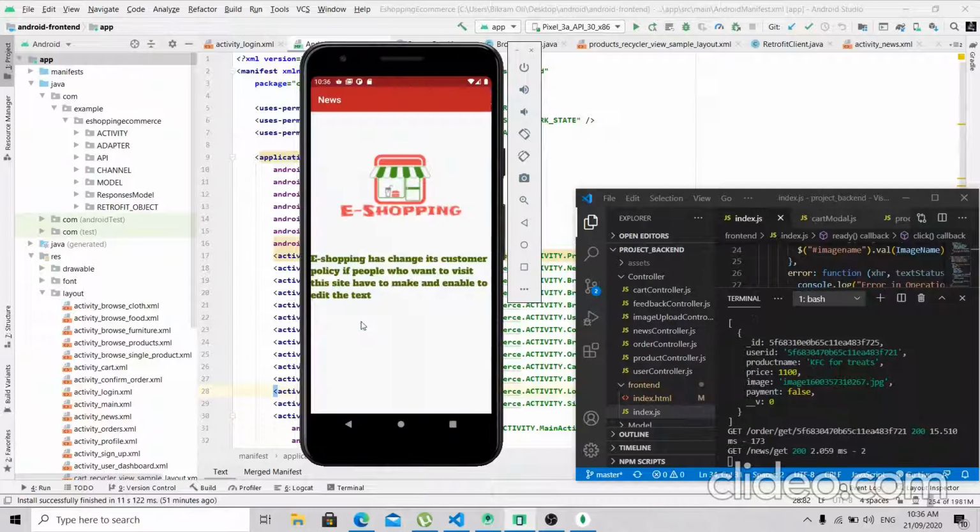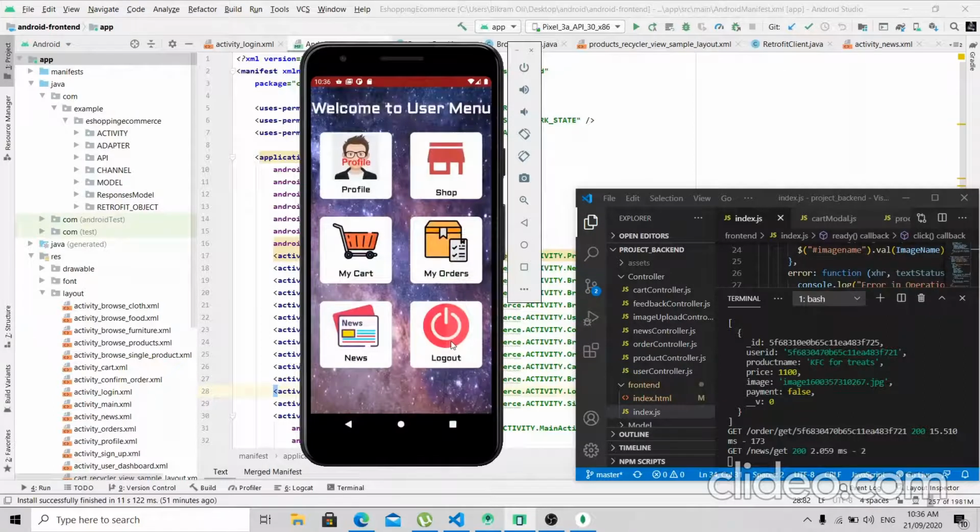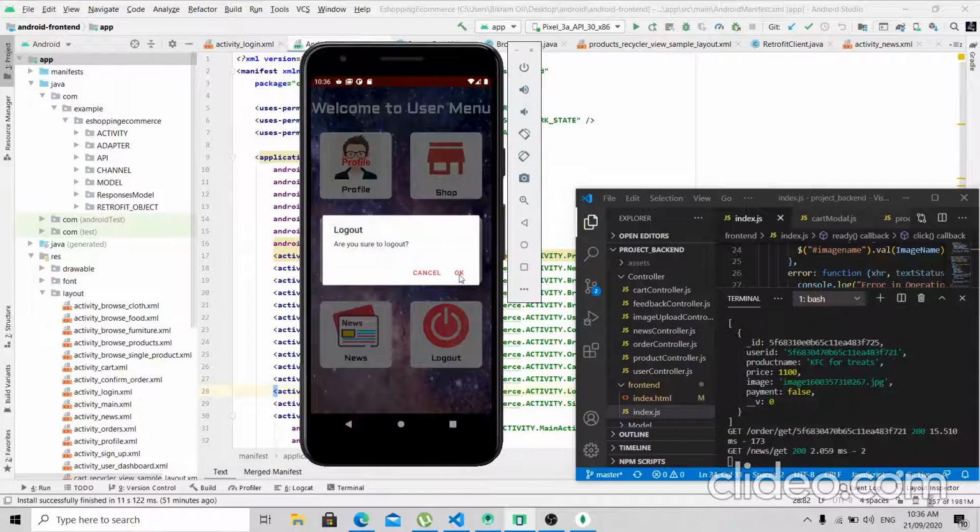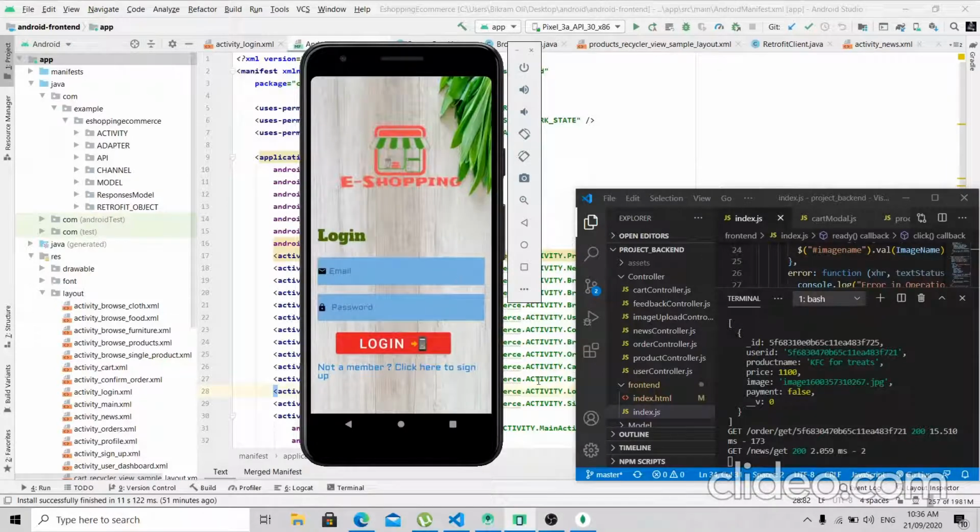This is the news section. Here we can get news. Admin can post the news. So now let's log out. Now let's see the sensors.